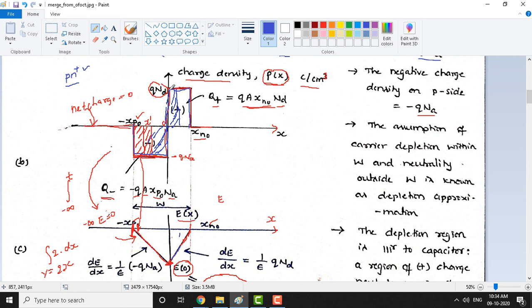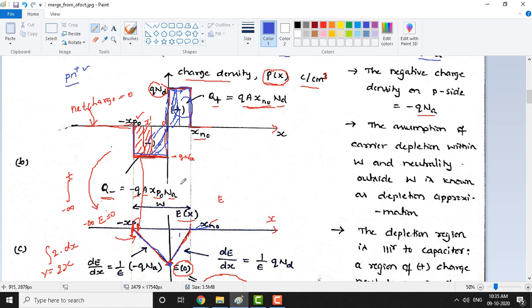And suppose you choose the complete area of this. Even though the width is expanded to the p side and less to the n side, the area under this curve is the same. So the positive region, the negative region, and the positive region will cancel each other, and therefore the function becomes 0 after xn naught. So we understood how we get a linear function, which is a decreasing function, and the field is going to be maximum at the middle of the junction because only the negative region is contributing here.